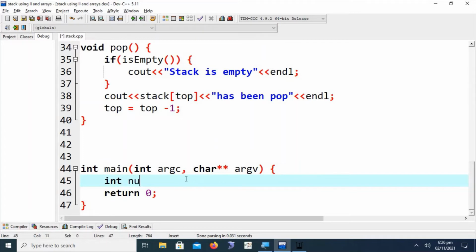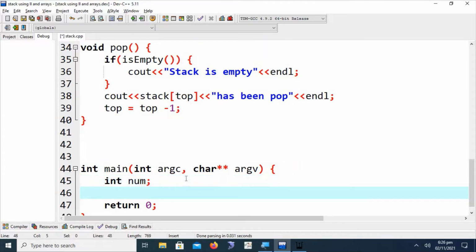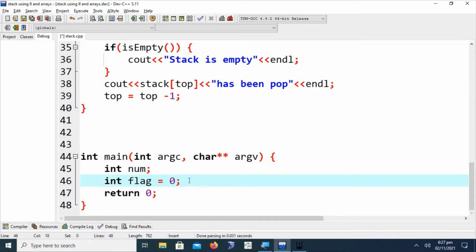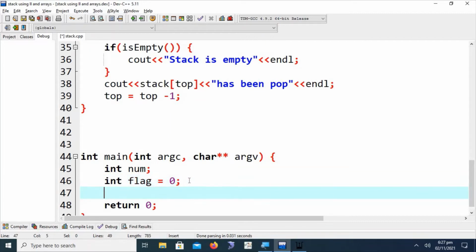We say int num, int flag is equal to 0. Why flag is equal to 0, I will clear in the code. Let's suppose top is equal to minus 1. Why are we accessing top in the main function?